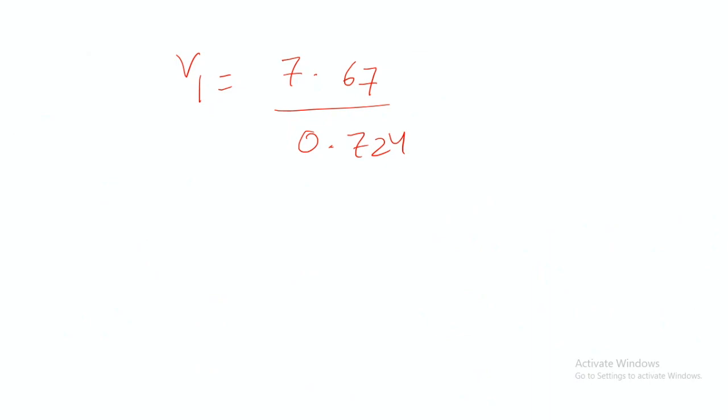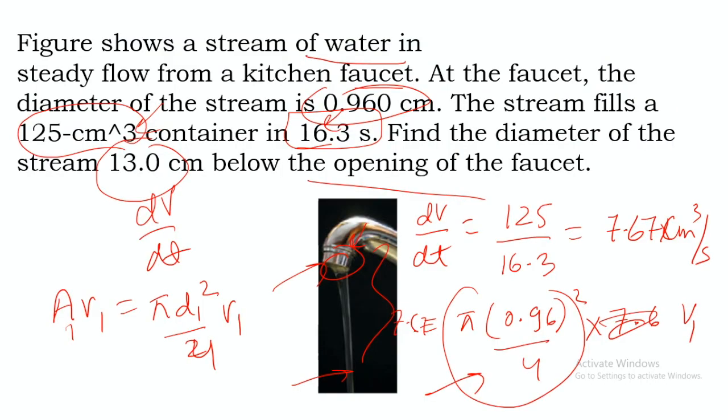So this whole thing comes out as 10.6 centimeter per second. This was in centimeter cube per second, and this was centimeter square. So v1 is the velocity at this point. Now, because in the question we have to calculate the diameter of the stream here,